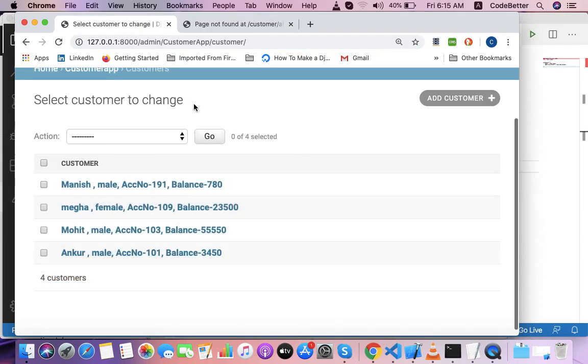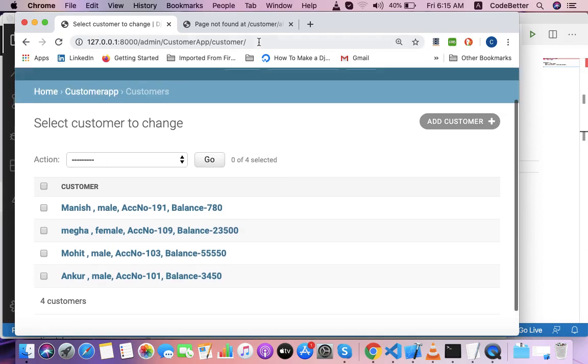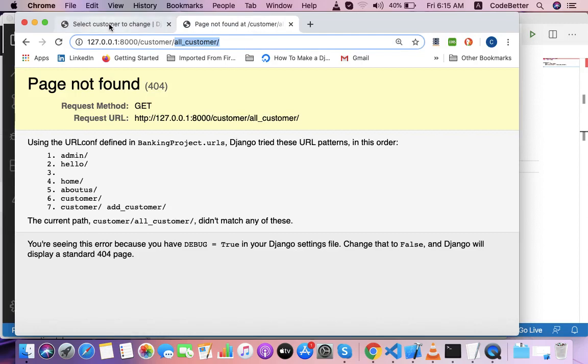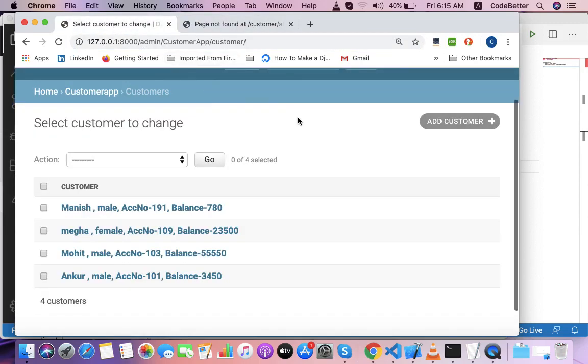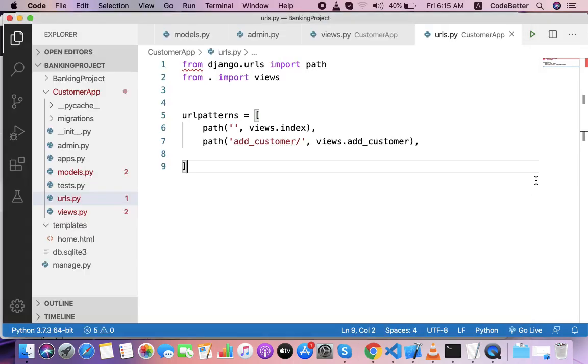want to allow a general user to go to the admin panel. So I want to display this customer data using a URL like this. So let's see how we can add a URL to fetch the data from the Django database. We have a customer app here, and to fetch the data from this database of the customer app,